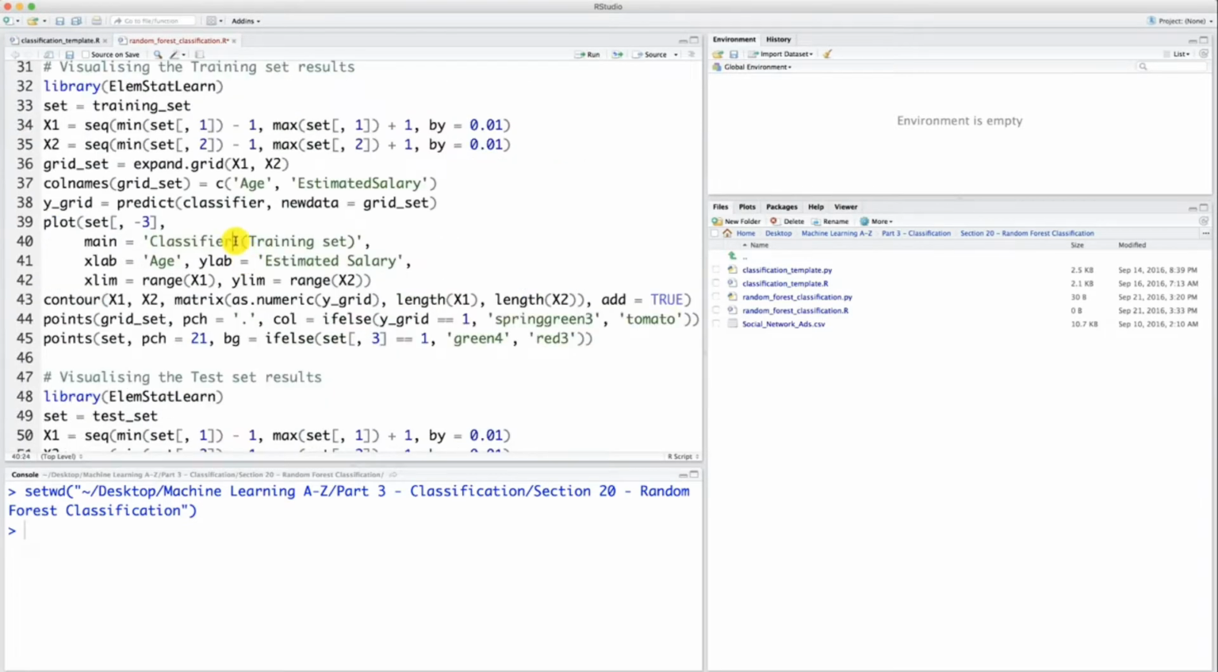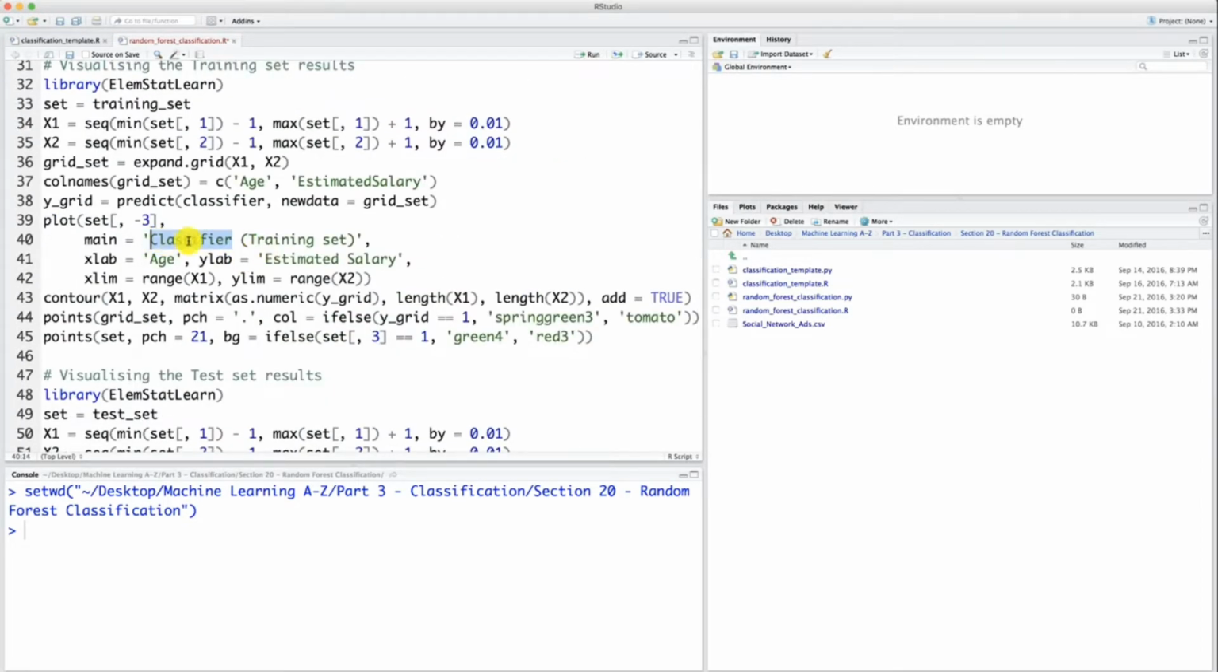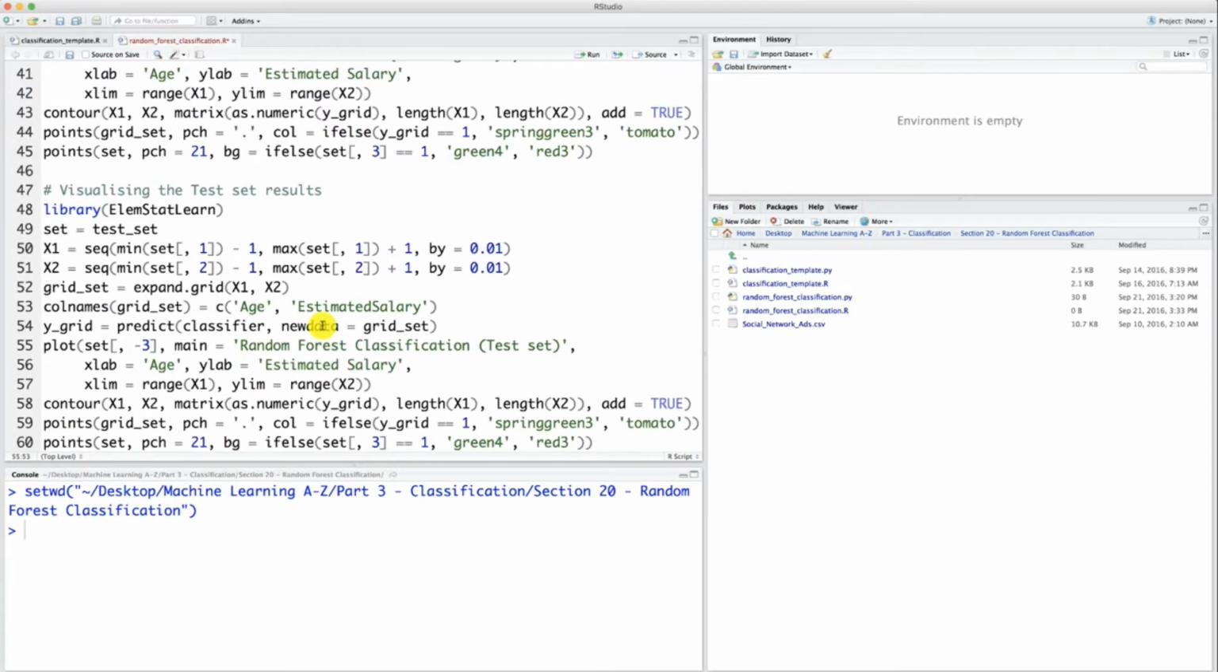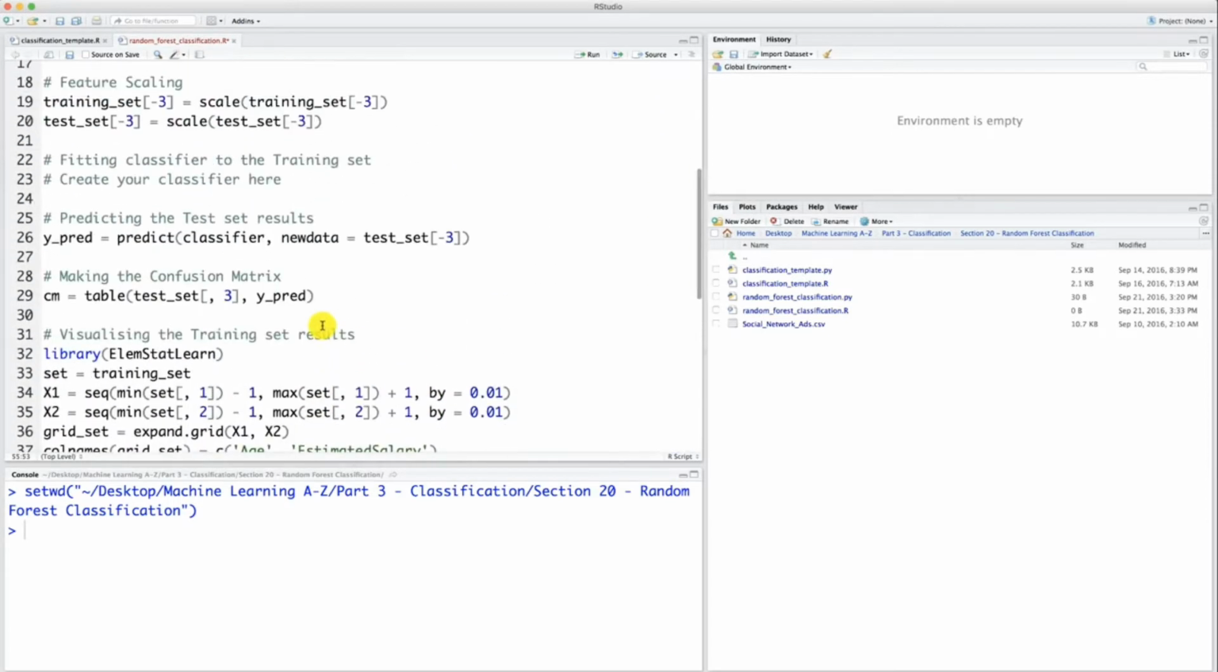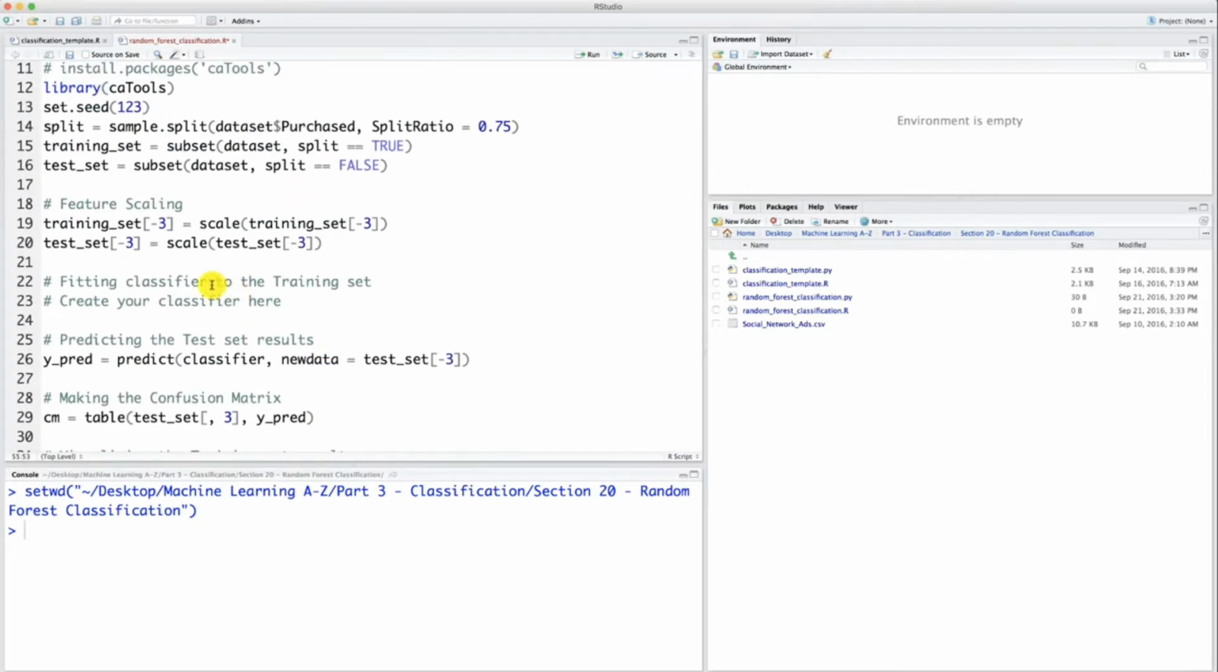First, let's not forget to change the title of the plot. Here we'll replace classifier by random forest classification. We'll copy this because we'll do the same in the test set results. Here it is, perfect. Okay, and now what we only need to do is to create our classifier here, and